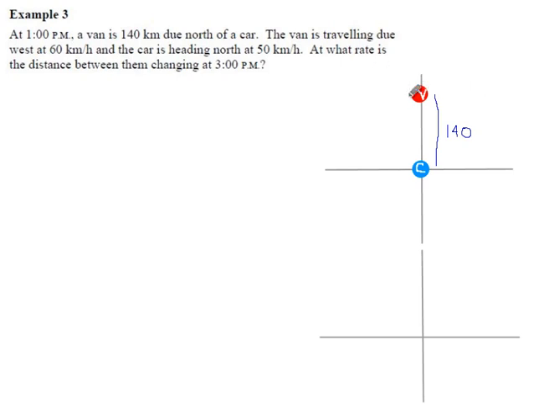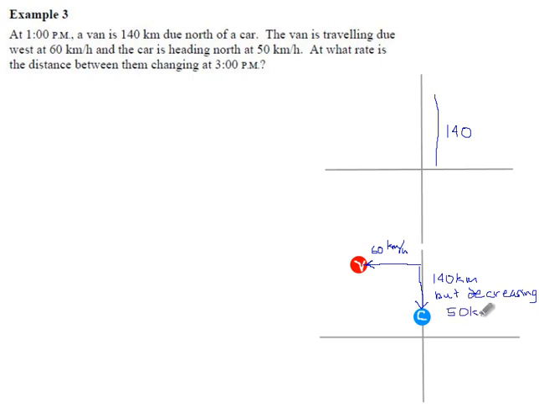but then the vehicles start to move. The van moves west at 60 kilometers an hour. And the car moves due north. So this distance used to be 140 kilometers, but the car's coming north at 50 kilometers an hour, so this distance is decreasing